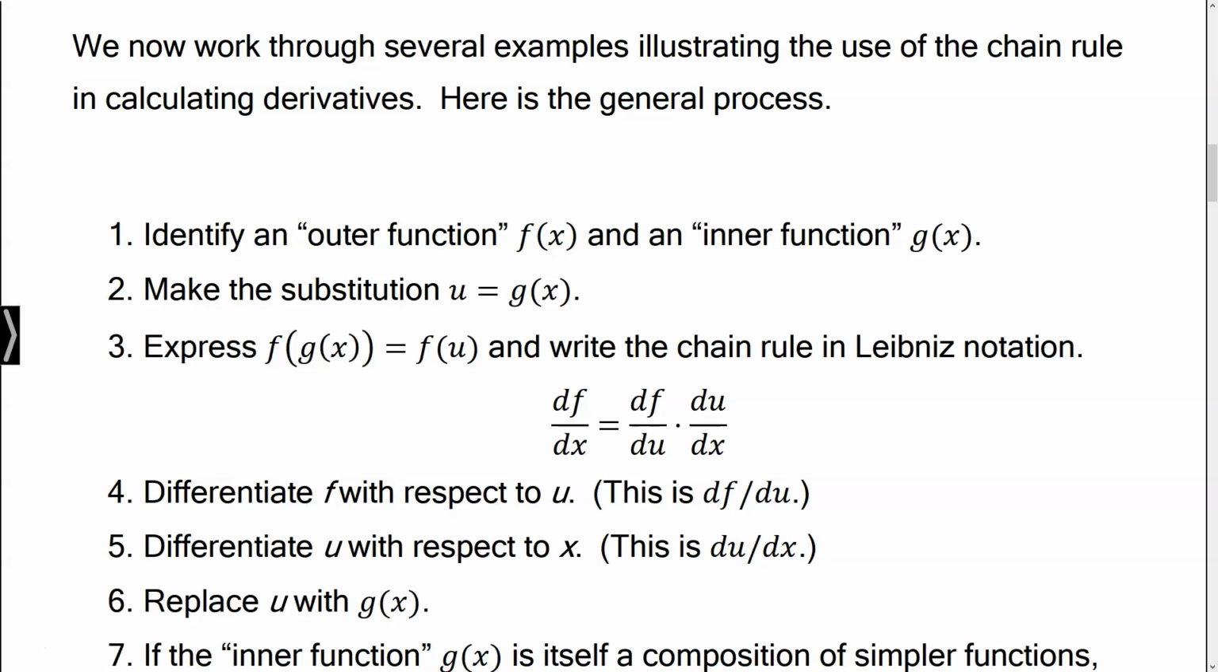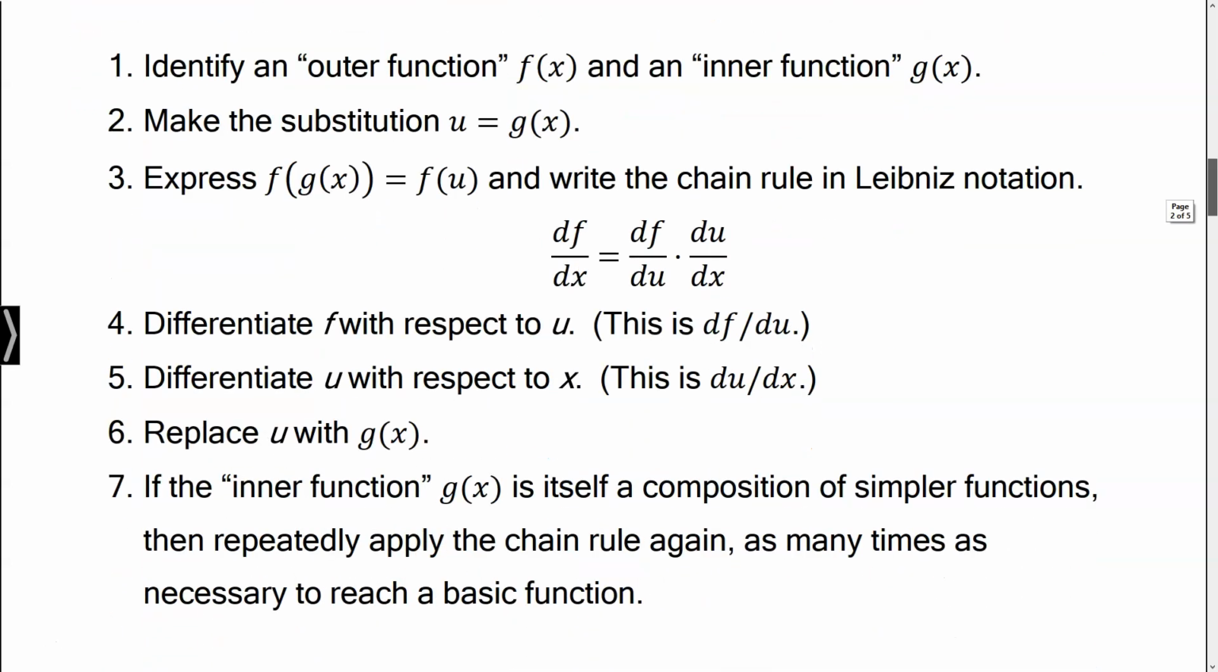So we're going to differentiate f with respect to u, because we've written f as a function of u. Then we're going to differentiate u with respect to x, because we've written u as a function of x. Then, after we've done those two derivatives, we're going to replace u with the original g of x, which was a function of x that we had before. And then finally,